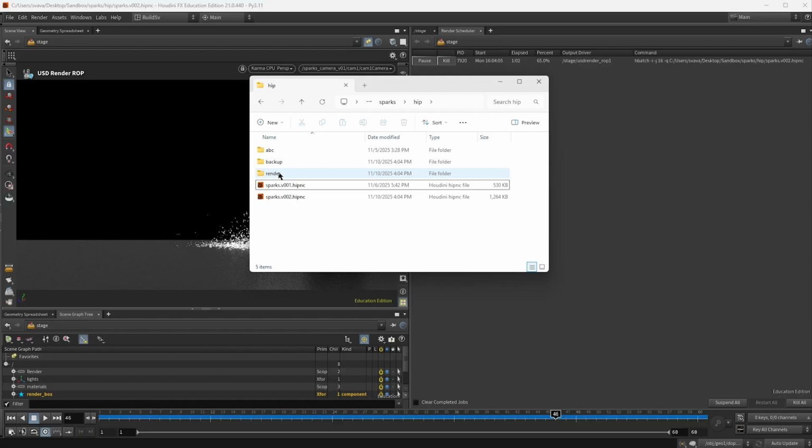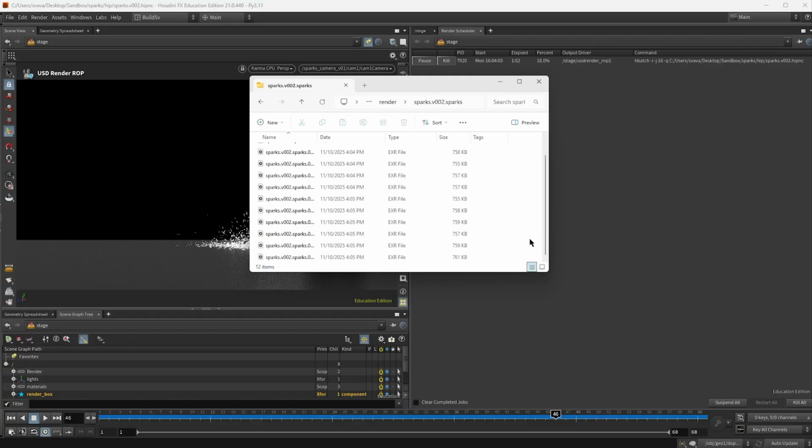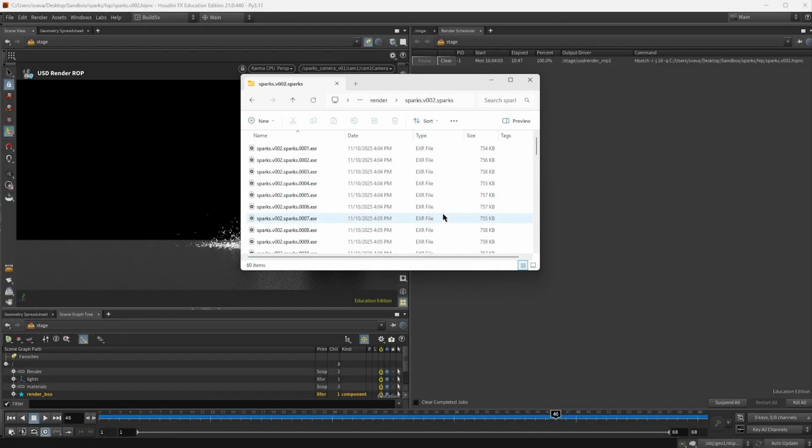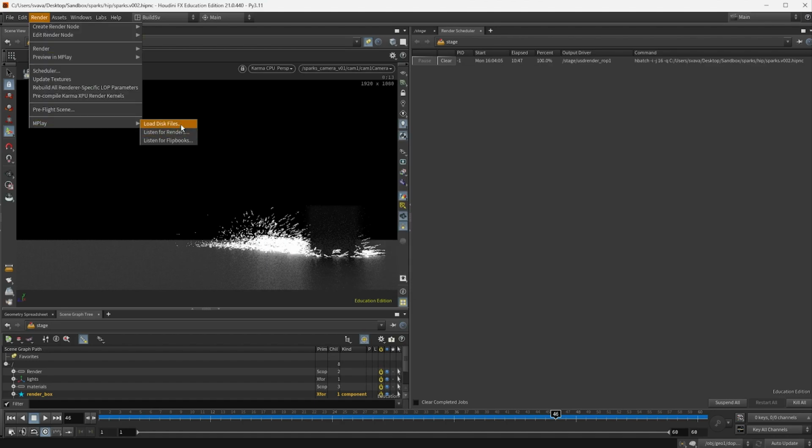And we got a new folder next to our HIP file. And inside we have another folder, and there the files are stacking up. And we got all the frames, all 60 of them, so let's check them out in mPlay.